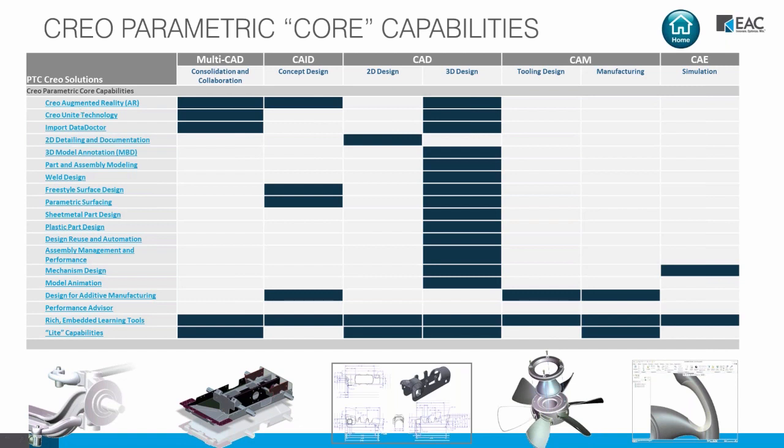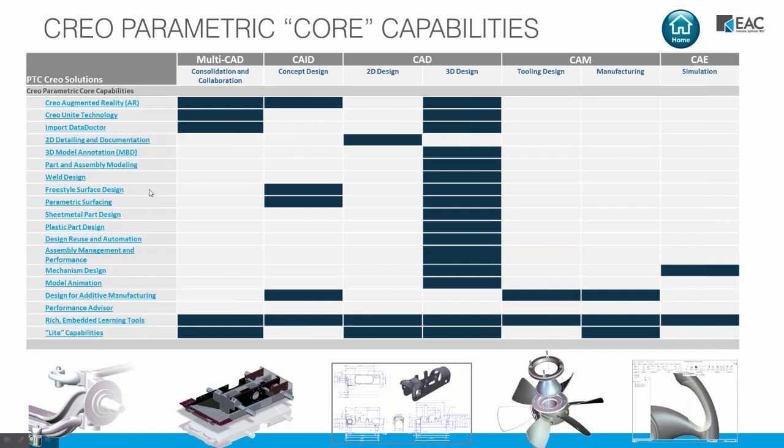Just basically send your part out to the cloud, it gets sent back, and you can call this up on your phone. We have Unite capabilities, reading in third-party data directly, SolidWorks, CATIA, NX, and Inventor. And then import data doctor, fixing imported geometry, creating drawings, creating 3D annotations, part and assembly modeling,